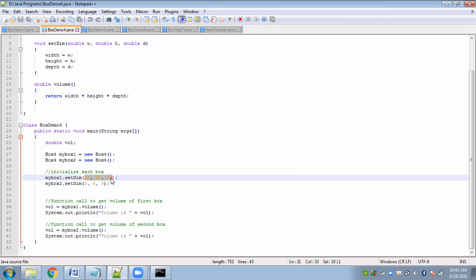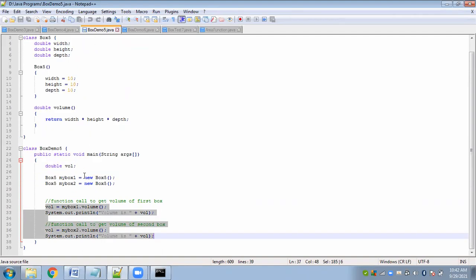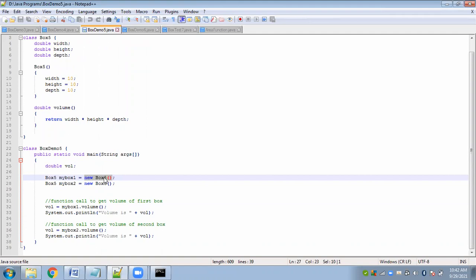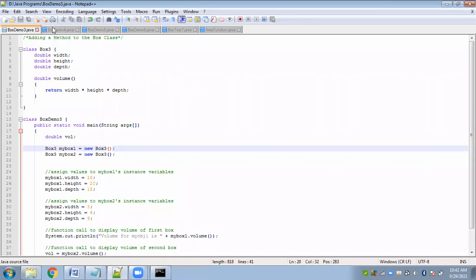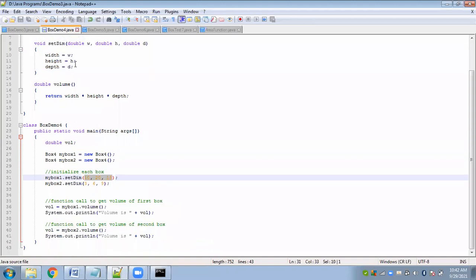So instead of going through two phases, why not directly write a constructor in our program, a default constructor, so that as soon as the constructor is invoked, this statement is executed, and the values that we have provided directly get assigned to the object. Understood? So this is how we are making the transformation. Here we had only statements to initialize the object, then we had a method to initialize the object, and now directly we are using a constructor.